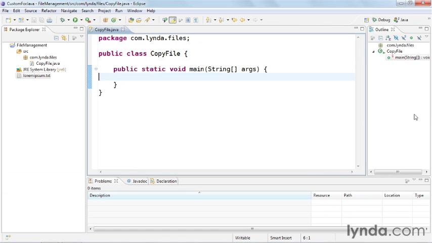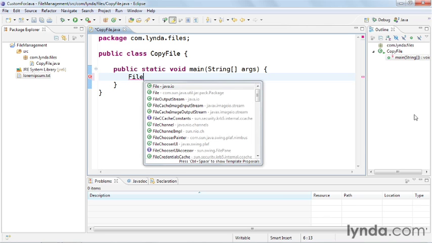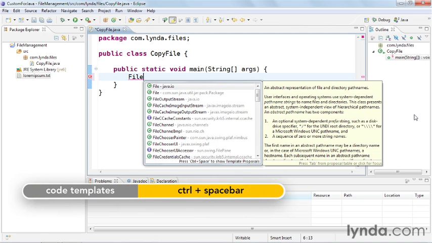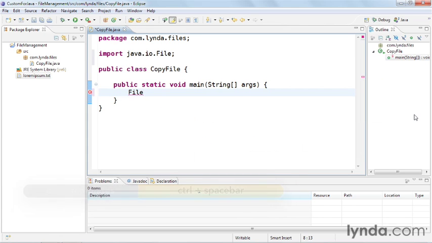I'll do all the work in the main method of this class, copyFile. The first step is to create objects that represent your existing file and the file you want to create. And for this purpose, we use a class named File. I'll type in the name of the class and press Control Space, and choose the version of file from java.io. And I'll name it F1. I'll instantiate the class and I'll pass in the name of the existing file,